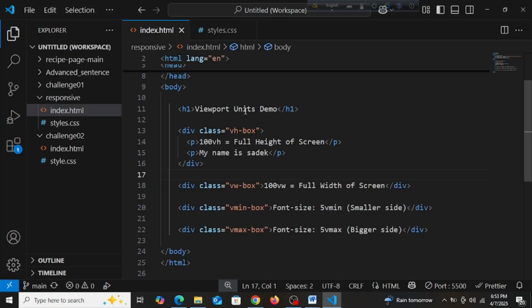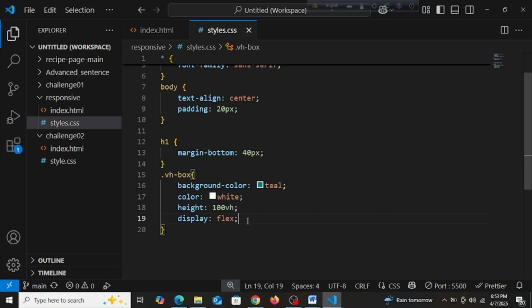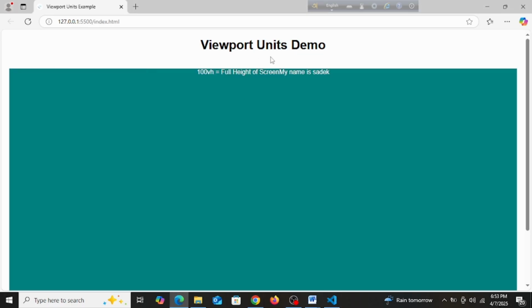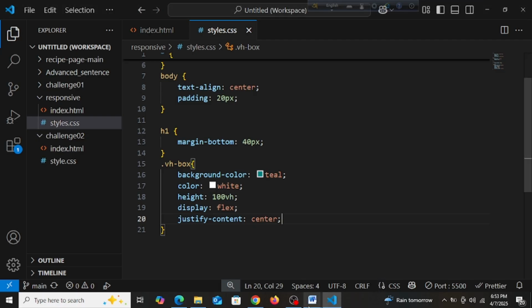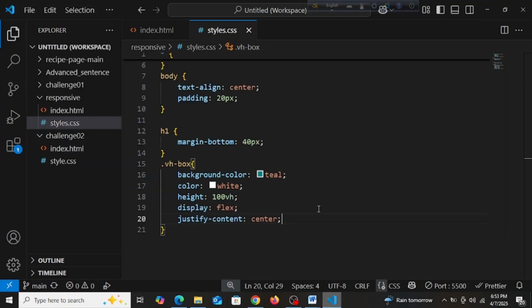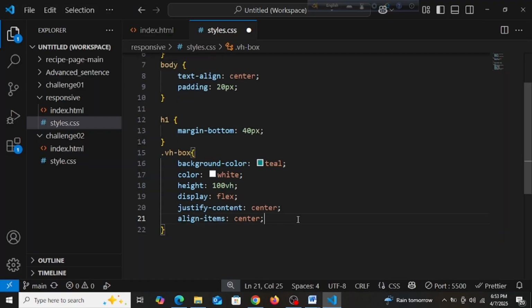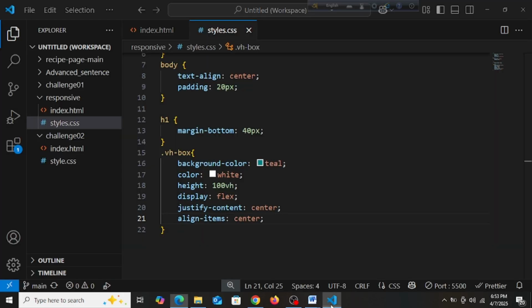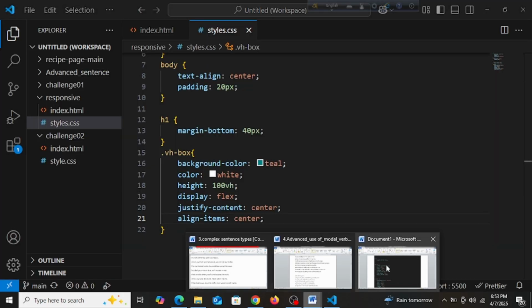But we will change it, no problem. So things will come in center, and when you do align-items center, then one will be on top and another will be at the bottom, right? No, this comes in the center. Okay,